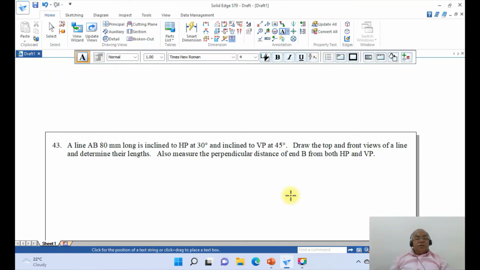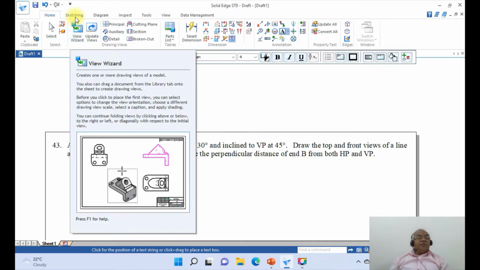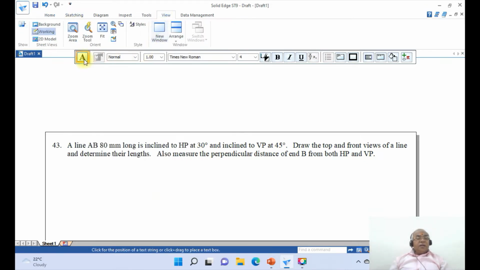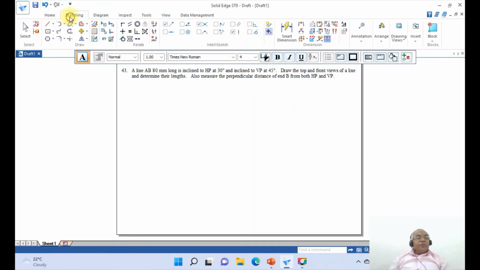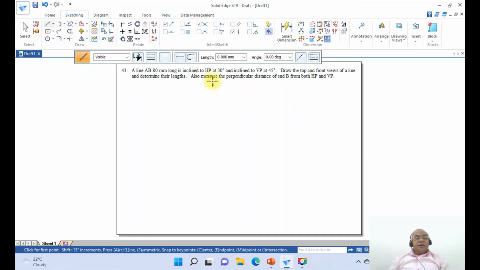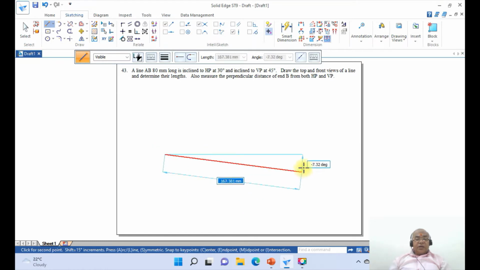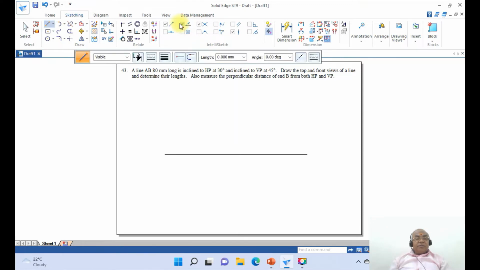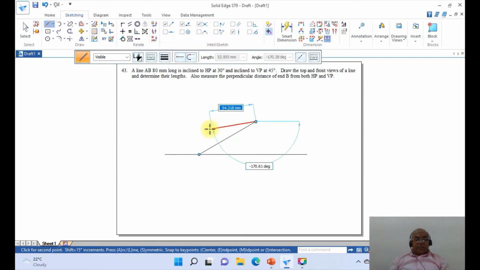Now once you do that, you just right click to cancel it, then you come down to view and click on fit. Now we go for sketching and click on line. Of course you have the line width of 0.05. So set it and you drag any one point and draw a horizontal line of any length. Then, with the pointer element switched on, you go to line and take any arbitrary point and take the distance as 80, angle is 30, and then draw a